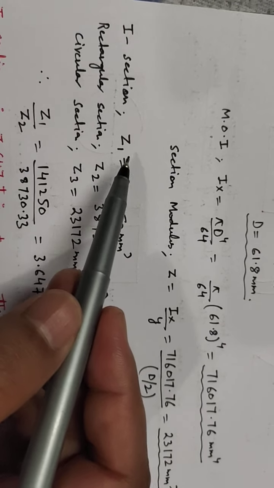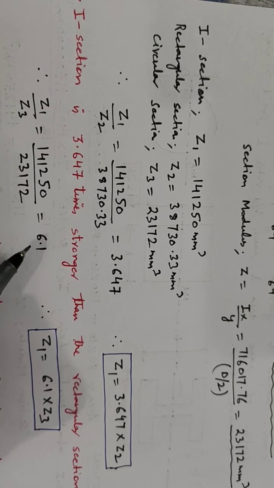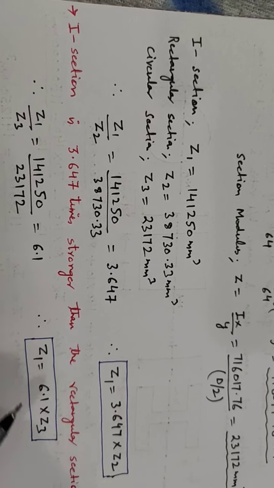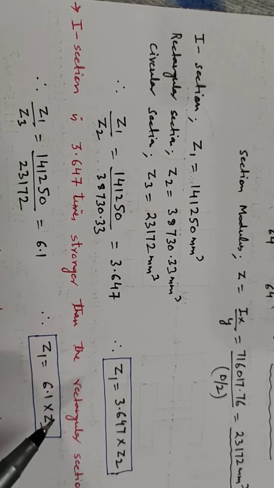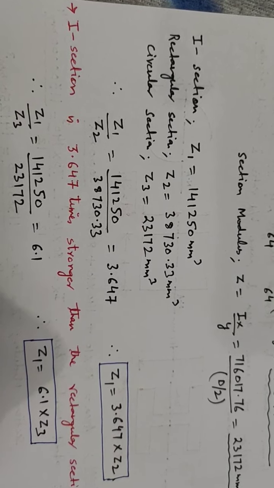Similarly, if we take the ratio of Z1 by Z3, it will come out to be 6.1, which means that your I section is 6.1 times